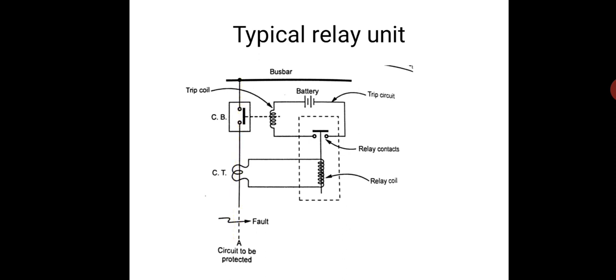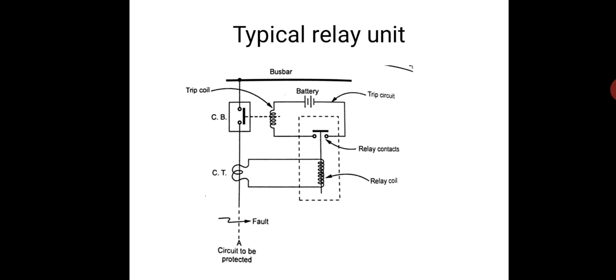Now, suppose a fault occurs here. Are you seeing this? Whenever a fault occurs here, current will increase. A fault like a line coming to ground, a line falling down or a line breaking down. If that occurs, since there is no resistance to the flow of current, a huge amount of current will start flowing. This huge current also flows through the circuit breaker as well as the current transformer.